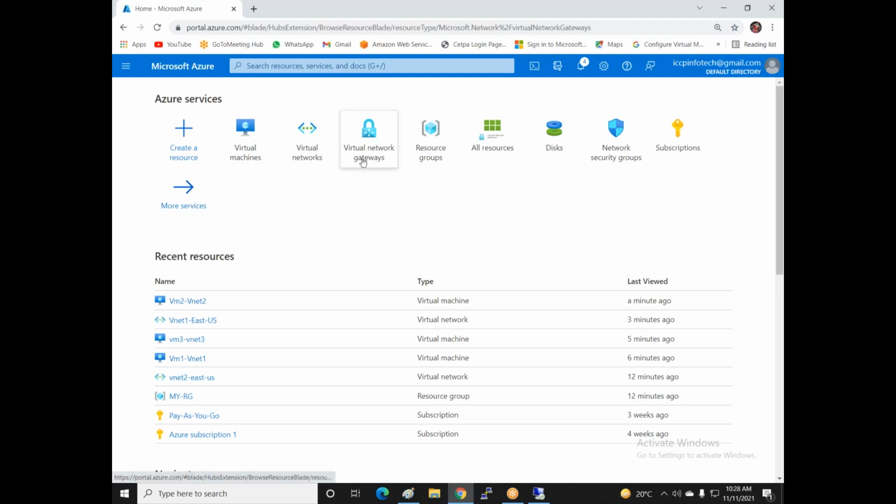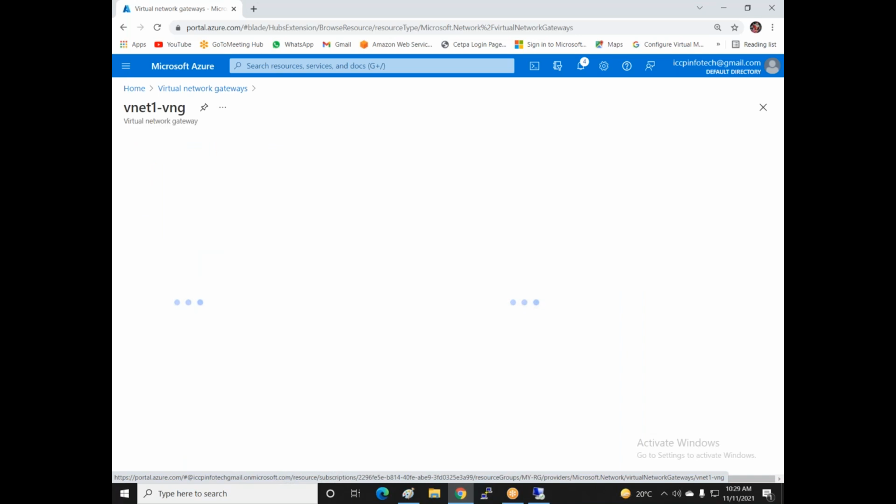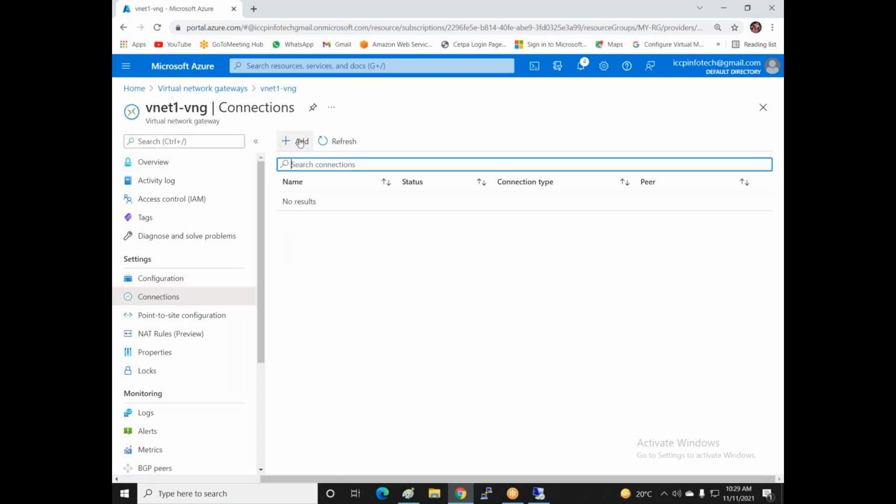So now I click on virtual network gateways, and these are the two virtual network gateways available. I go to VNet 1, and inside VNet 1 you can see the option available is Connections. Then add.